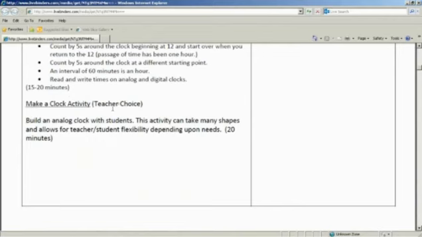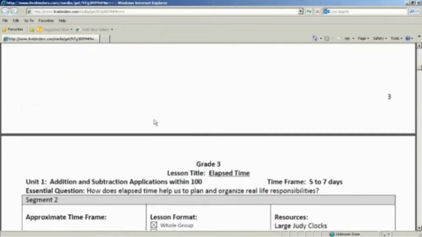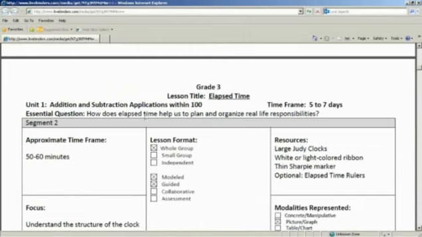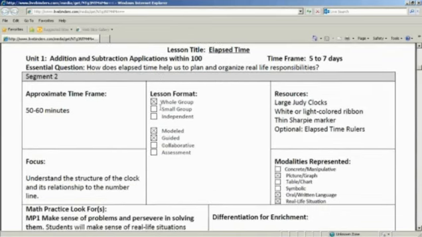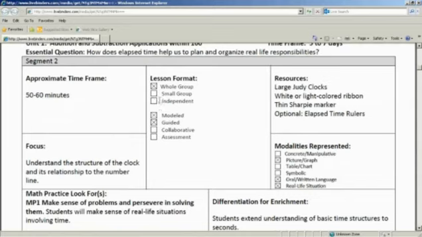And then here's a make a clock activity that you can use. There's just so much to draw from here. And then we go into segment number 2. And in segment 2, there's a very engaging wrapping the clock activity that really helps the students understand that when